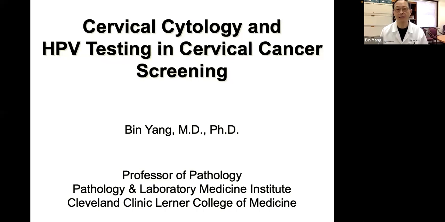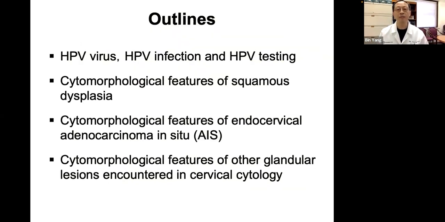About cervical cytology and HPV testing and their roles in cervical cancer screening. Cervical cytology and HPV testing are two very important tools that have played a very important role in the past many decades in cervical cancer screening, especially cervical cytology. They are mutually beneficial. So in the next hour, I'm going to start with HPV virus,